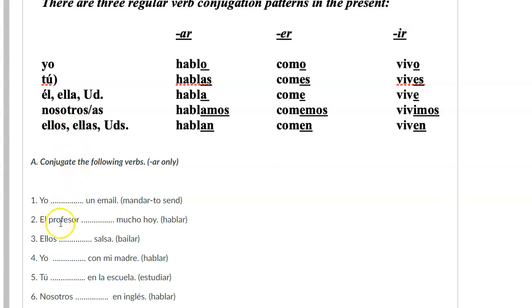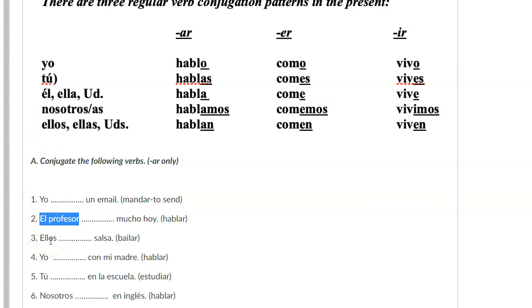If the subject is singular, like el profesor is just the teacher, one person, right? For singular subjects that we're talking about, right, not two, you guys are going to use the el, ella, usted form, right? So this would be el profesor habla. He, right? That would be the subject pronoun that we would put in place of that noun. Pronouns take the place of nouns. So yeah, this would be the el, ella, usted form because it's a singular subject. Number 3 is actually pretty straightforward. Let's do number 9.